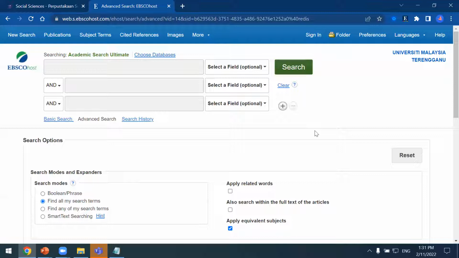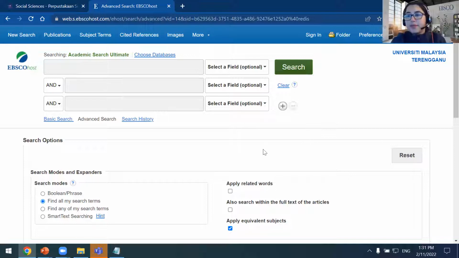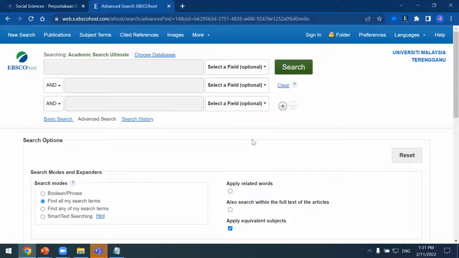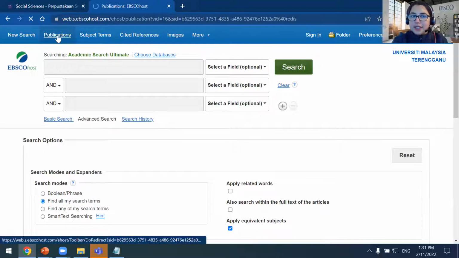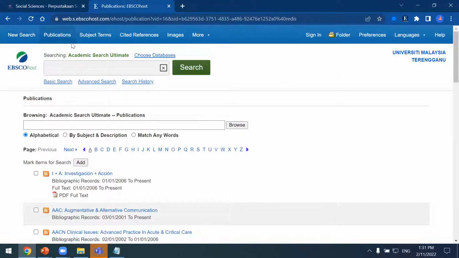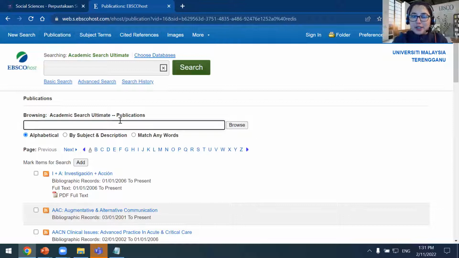Okay, so they may overlap. So there may be some from Scopus or some from Web of Science also. Yes, there may be. But there isn't any way for us to identify which one is coming from there. So you can go into publications on the top toolbar. We're going to explore this in a bit more detail, but you can actually search for journals. So if you know the name of a journal and you want to know if it's available, you can search for that name of the journal and see if it's available.